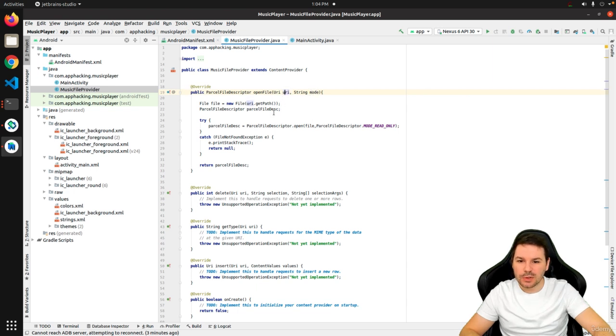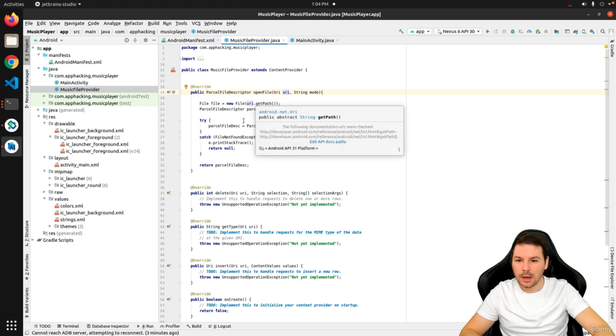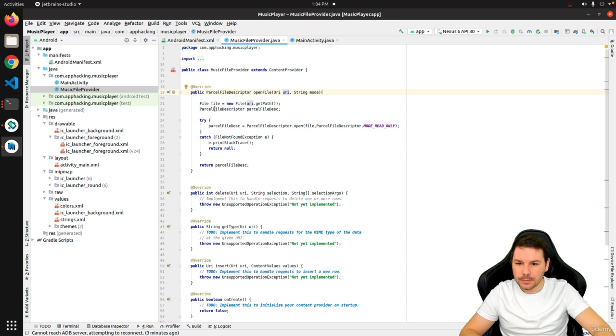The URI seems to be the file path because we can see we're creating a new file object based on this URI. And then let's see, is this being used? Over here. This one is being used here, and we are opening this file right now, and we can see this mode. It might be read, write, append. Not sure if append exists, but